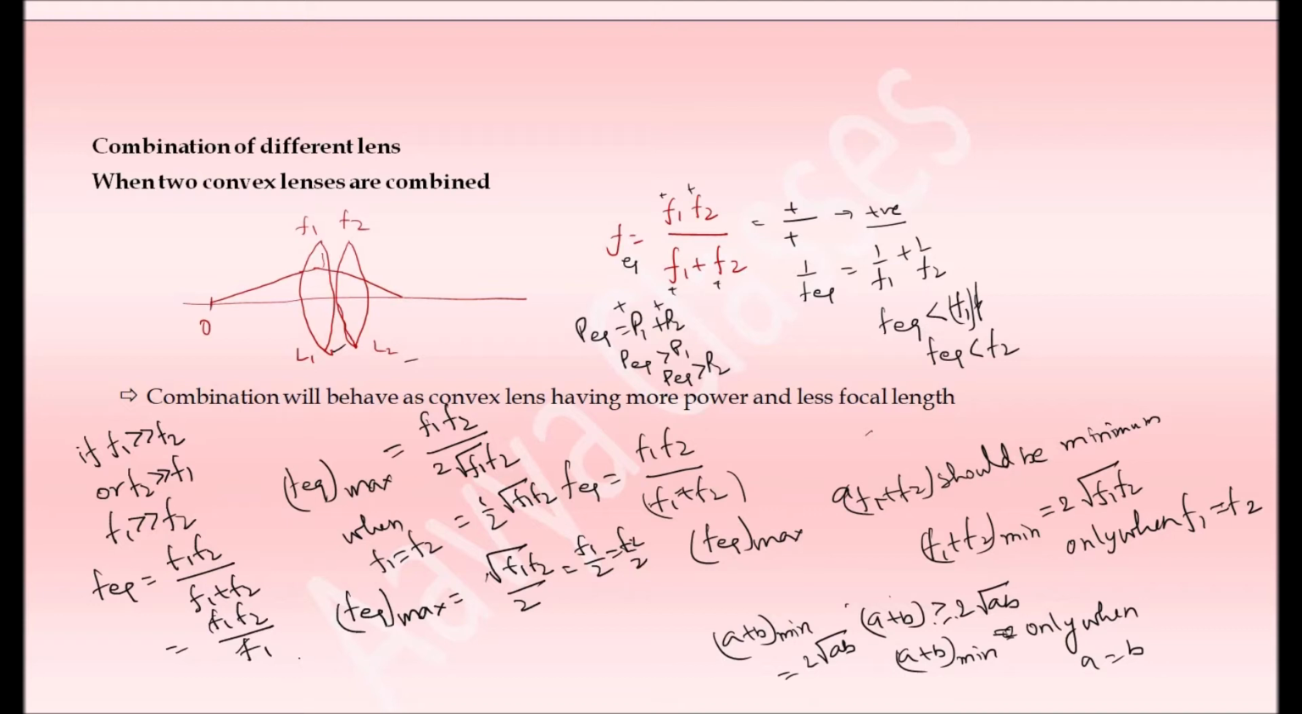So in turn we get the equivalent focal length is equal to F2. So the equivalent focal length will be approximately equal to the smaller focal length. So when two convex lenses are combined, then the combination will behave as a convex lens having more power and less focal length, and the maximum value of focal length is possible when the individual focal lengths are the same, that is F1 is equal to F2, and in that case the equivalent focal length is equal to half of the individual focal length, and the minimum value of focal length will be achieved,